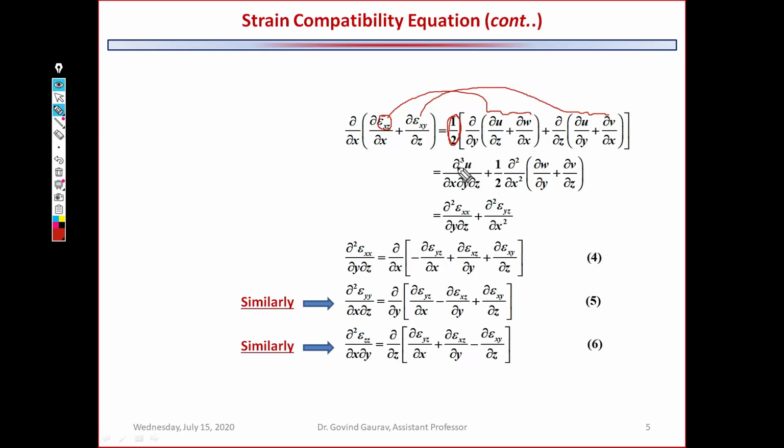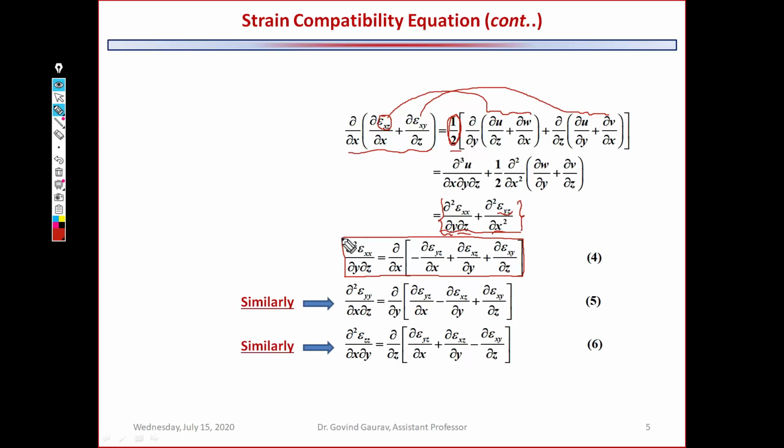If we finally carry out these formulations, we will reach an equation of this form, which is the partial derivative of the strain in the x direction with respect to y and z, and the partial derivative of the strain in the yz plane with respect to x square. If we finally rearrange these terms, the x direction terms on the LHS and the RHS terms, we will get the following set of equations. So this one is again the fourth strain